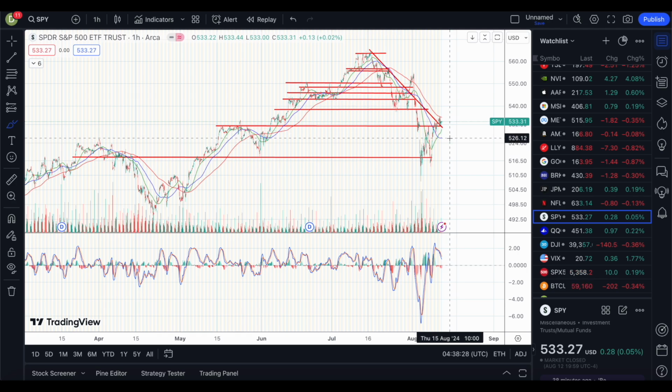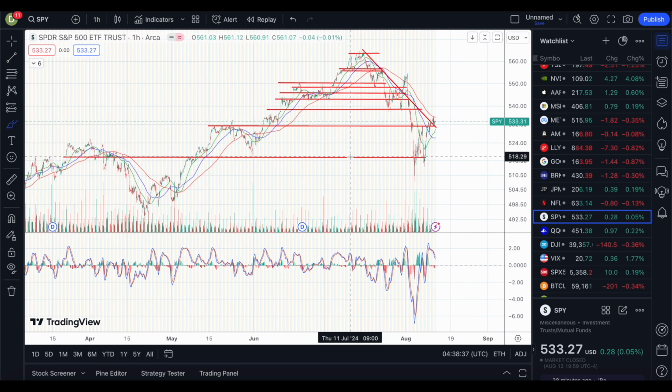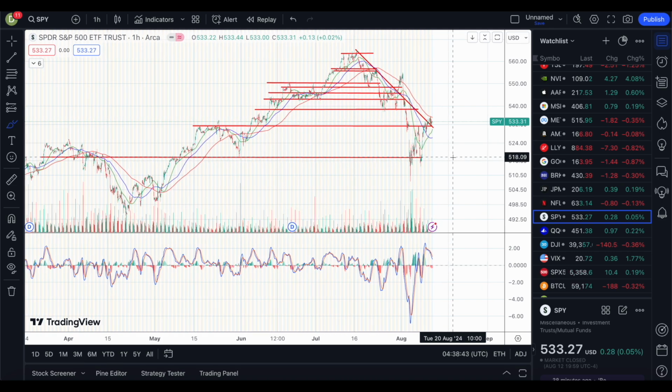And then the next level after the $529 within the moving average is the next moving average, about $526, give or take, 526, 525. And then the next level, I think I'm going to show for the Nasdaq. It's the same thing, because they're pretty close in terms of overall movements, not necessarily price points, but essentially the graph.